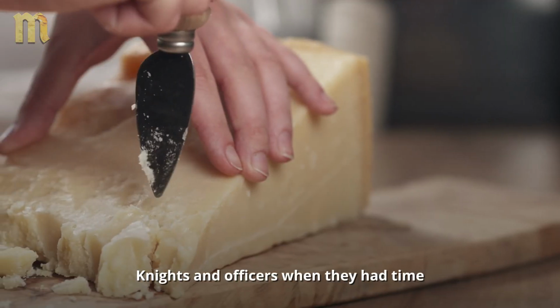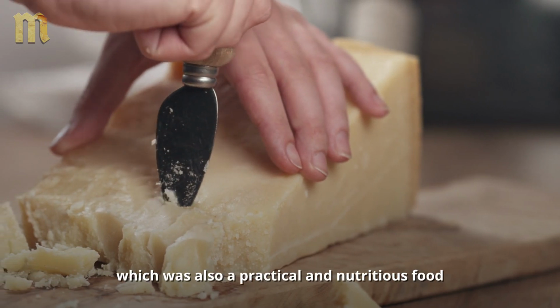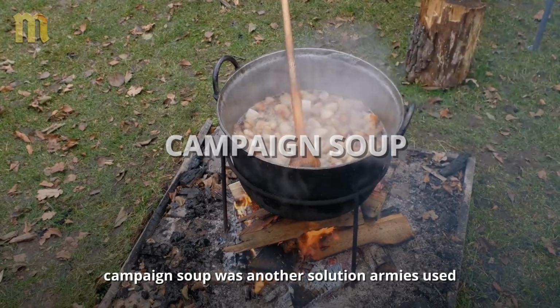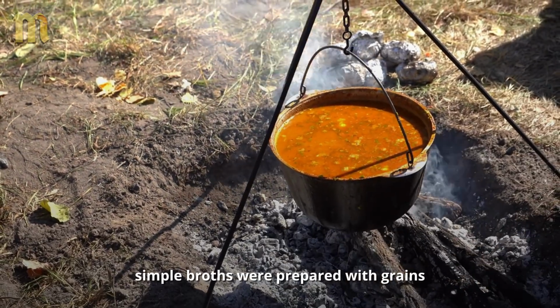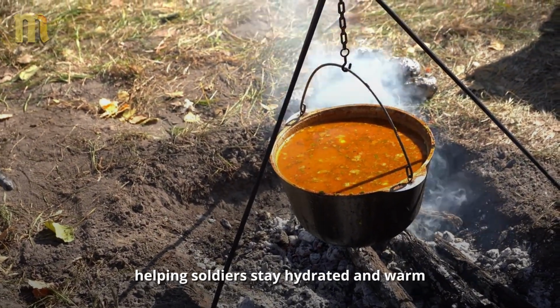Knights and officers, when they had time, could eat small pieces of cured cheese, which was also a practical and nutritious food. Campaign soup was another solution armies used. During moments of pause, simple broths were prepared with grains, herbs, and dried meat, helping soldiers stay hydrated and warm,